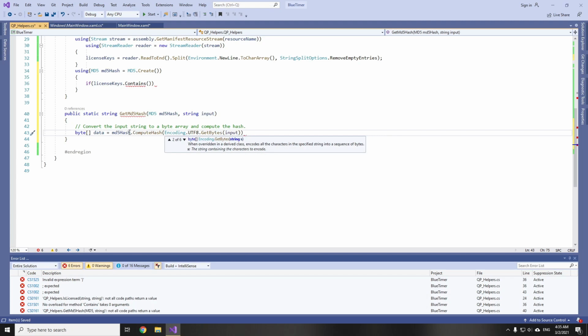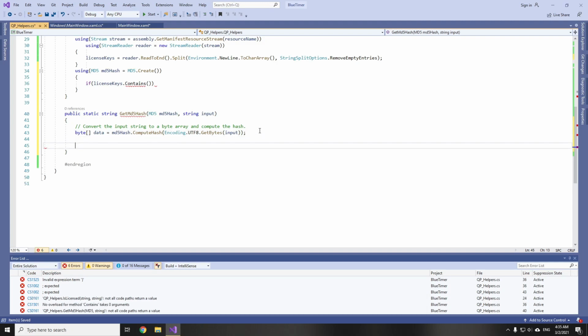Okay, so we got a byte array, and then we create a new string builder to collect the bytes and create a string.